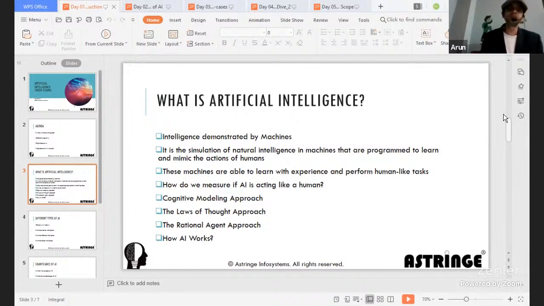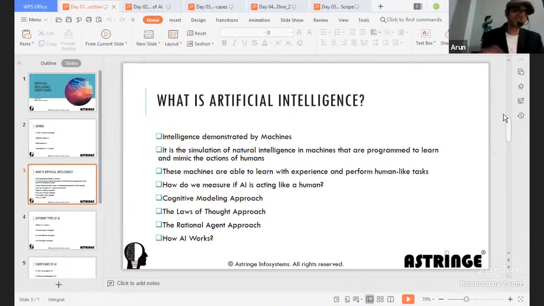Now, how do we measure if AI is acting like a human? There are quite a lot of ways to measure it. One could be the testing or evaluation step, which I showed in the earlier data science life cycle. If you see that the model is predicting the way you expect it and you give the feedback back to the model, which we saw in reinforcement learning, that way you can measure AI, and also ensure that AI is optimized. Whenever AI gets optimized and learns from past mistakes, that is when it acts like a human, right?